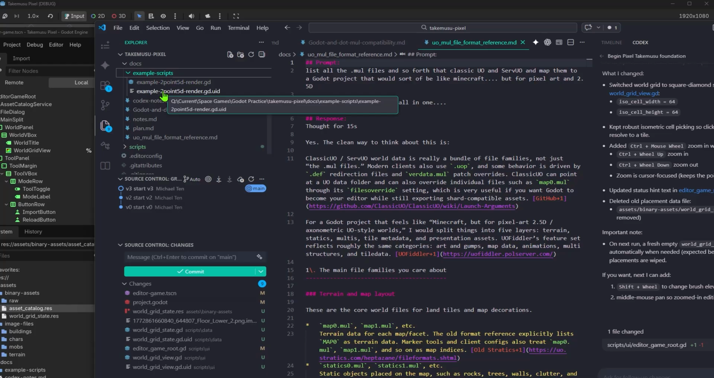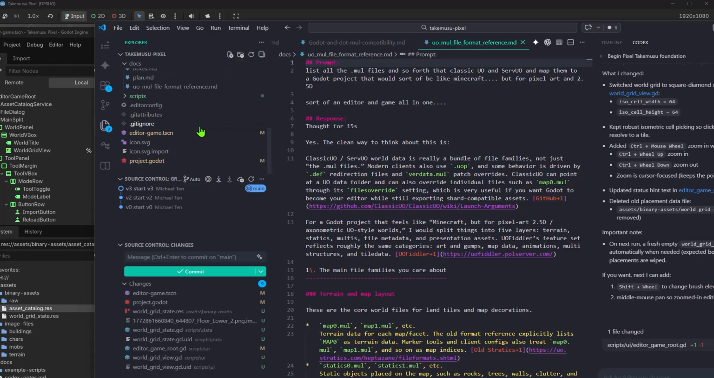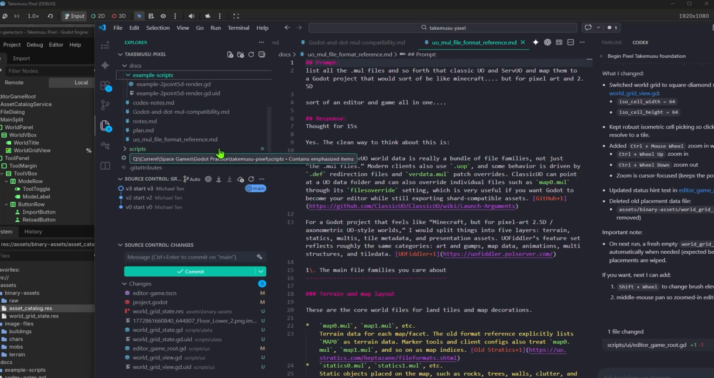I added an example script, which I'll probably use later. Added some notes, and then what else do we got here? So I've initialized Git within VS Code. I had ChatGPT originally write me a prompt for this, and then I plugged it into Codex, and then from there,